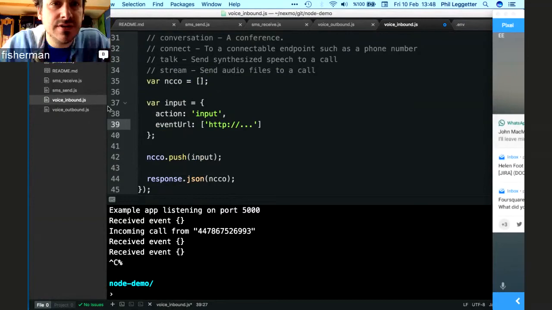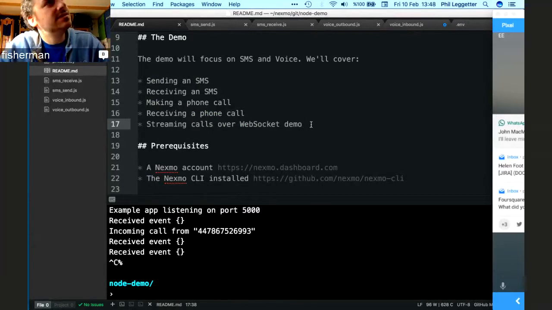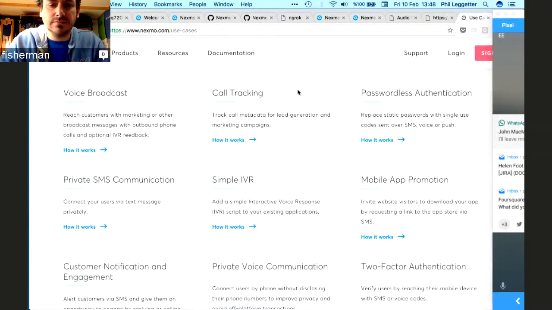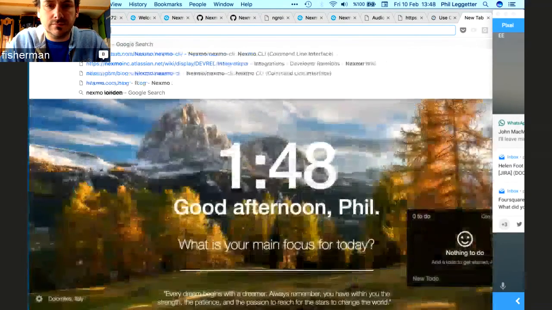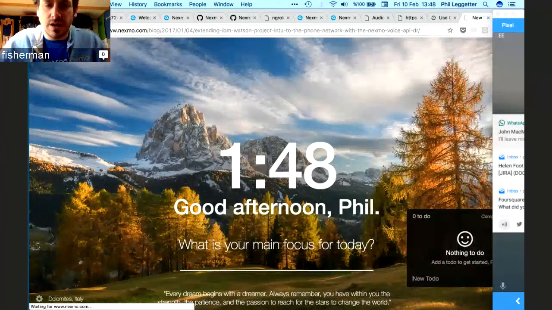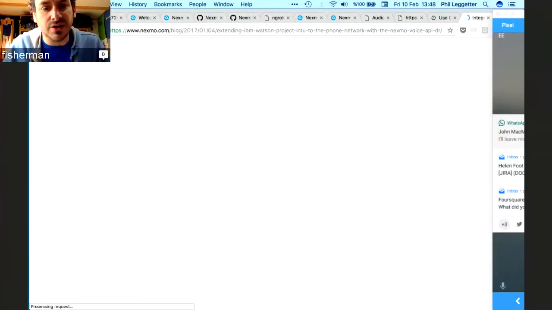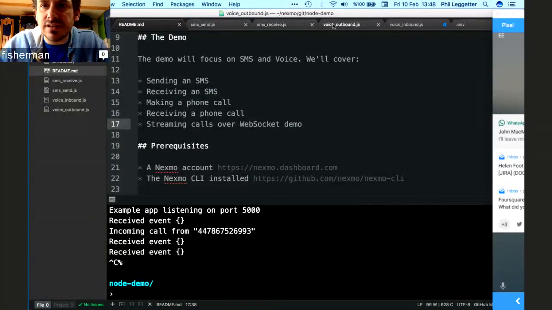Okay, cool. So the next and final thing that I want to cover is a little bit more, I guess, riding the wave of technology trends at the moment. I haven't got a page ready for this, but we recently did. I mentioned earlier we've got a WebSocket API. So in the same way that if I go to my outbound,